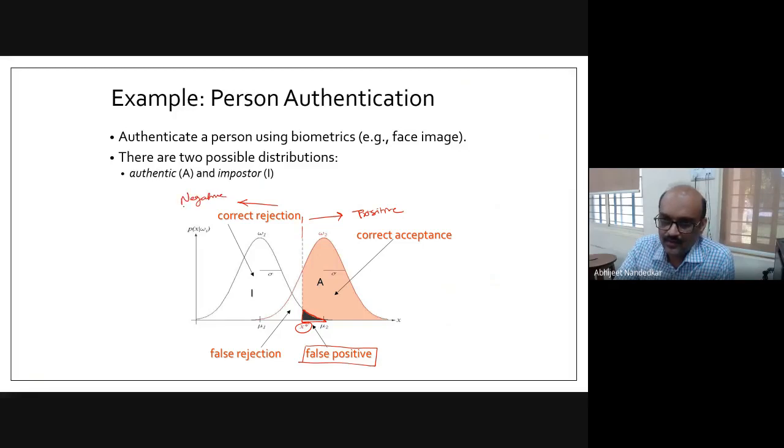Since we have only two classes, I can say positive class and negative class, or omega 2 and omega 1, whichever you prefer, but we will go with this convention, positive and negative. So this is the portion where portion of omega 1 is declared as omega 2. That means false